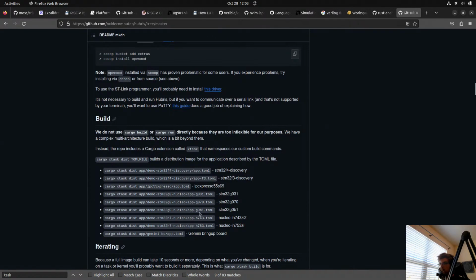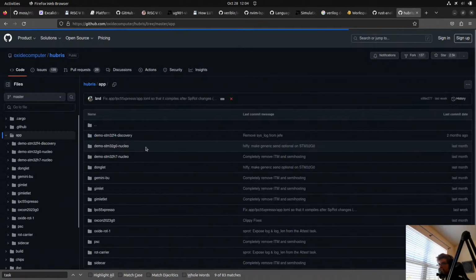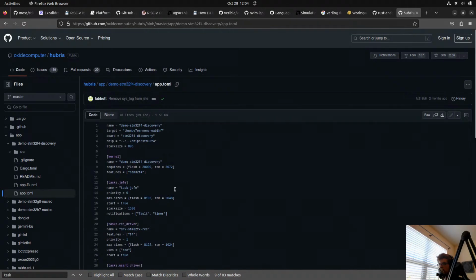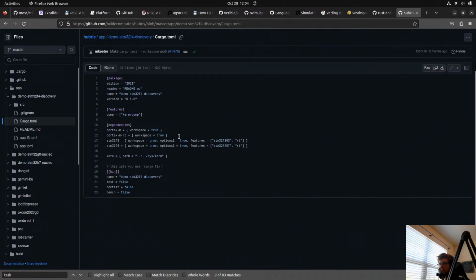So yeah, this is what I was thinking about potentially, using xtask to do a variety of these things. To be honest, though, I don't.